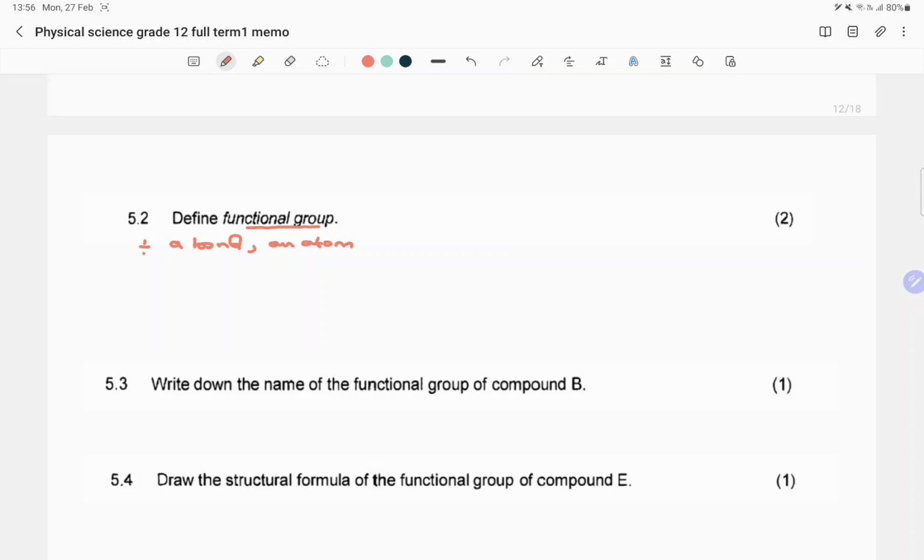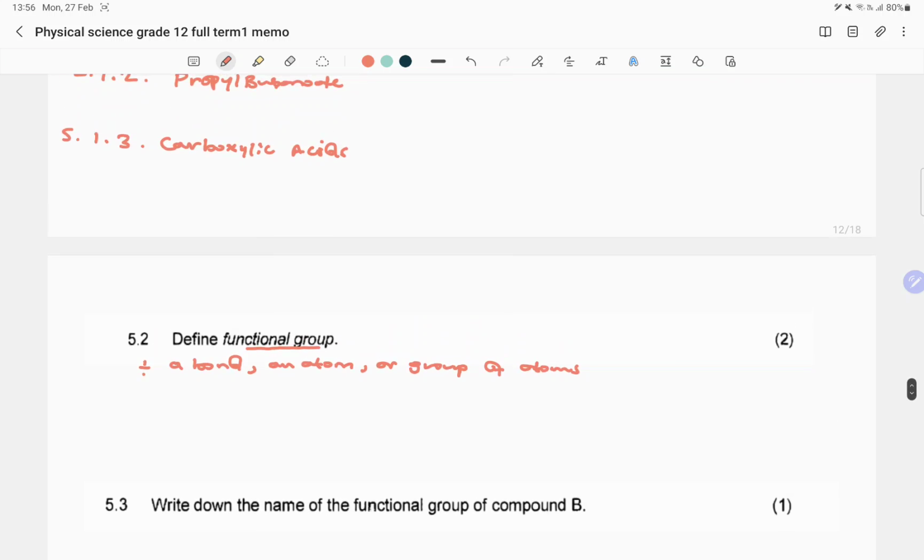Okay, think of haloalkanes. You have a halide atom there, so it can be an atom or group of atoms. Think of esters. Think of carboxylic acids, COOH. That's like 3 atoms they put together. So it can be a group of atoms that determines